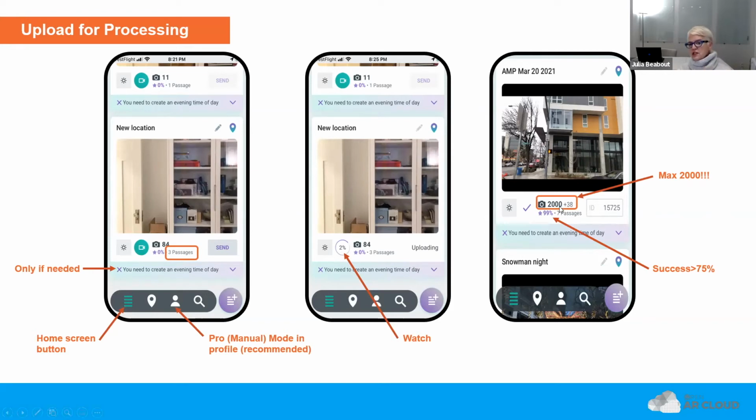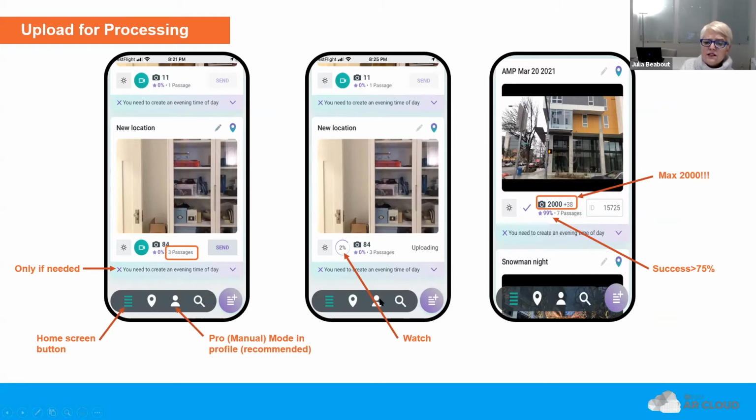And that really just gets into the limitation of uploading and processing at a given time. I've made the mistake of going over 2,000 pictures before, and while in theory it's possible, it is not recommended from a processing or uploading time. So for a large location like this, you are probably going to have to divide it into multiple smaller locations because of this 2,000 picture limit per location scan.